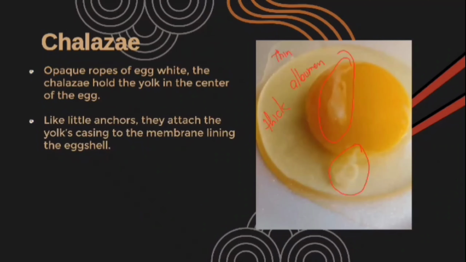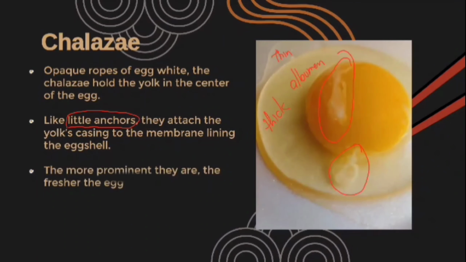They are like little anchors. They attach the yolk's casing into the membrane lining, the eggshell. Okay? And then the more prominent they are, the fresher the egg. So kapag nakikita niyo pa sila, ibig sabihin, mas fresh yung itlog. Okay? Okay, next, we have the